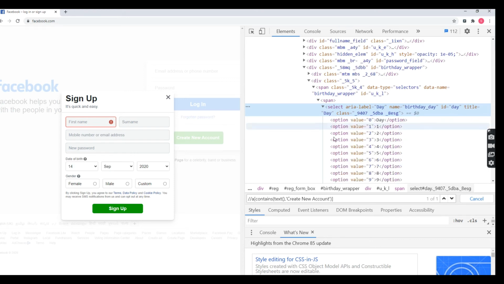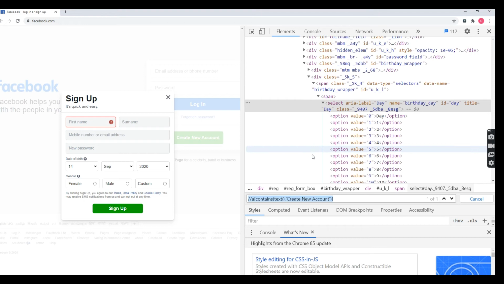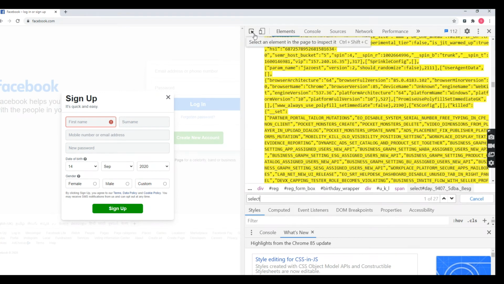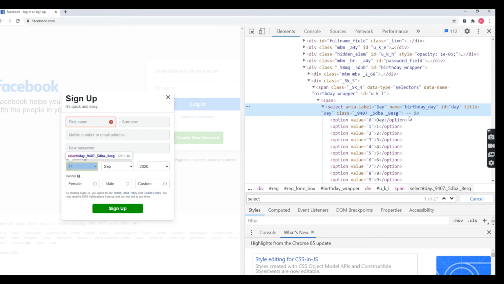Let's see. So here first, what is the procedure and what is the syntax we are going to follow for selecting multiple child elements? First we take the tag name, select. Then inside the select tag, what is the attribute you are going to take? So here name, ID, class are available.